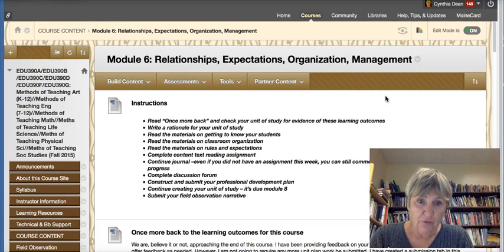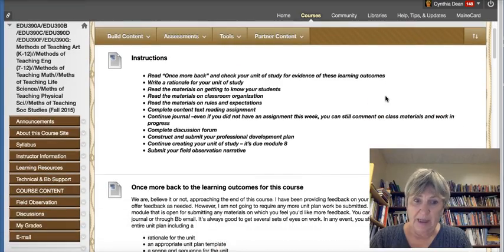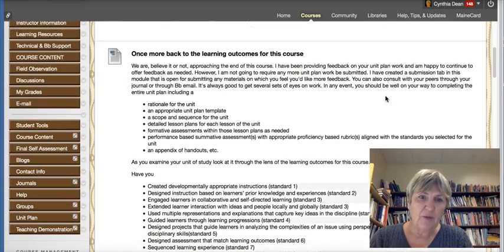So I do want to do an overview of what's happening this week. So here are your instructions, and I'm going to walk you through what I'd like you to do. So we're going to look again once more at the learning outcomes for this course. All right, so we are approaching the end of this course. We have this module and then one more instructional module, and then it will be time for you to pass